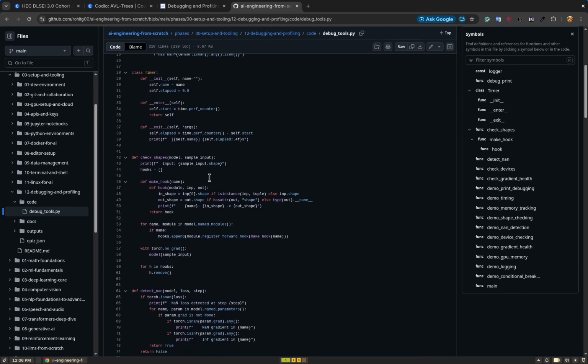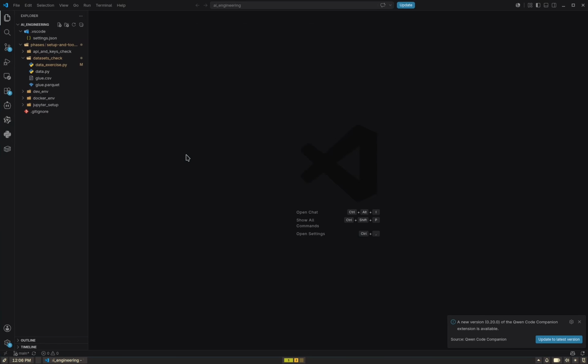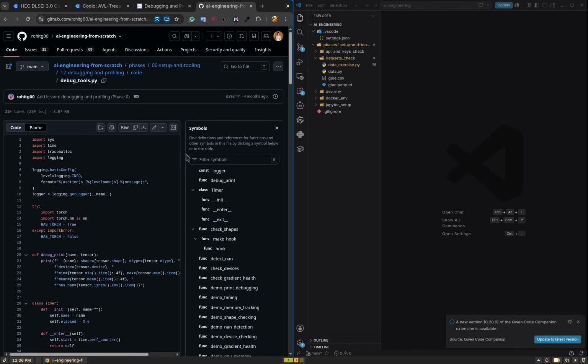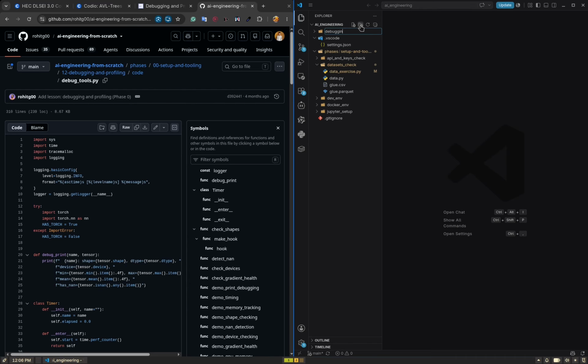Oh, no, this is a lot. Well, import time, etc. So let's start writing it. Alright, let's see. I am going to create a new folder here called debugging, inside of this. Great. Now inside it, I need to create a debug_tools.py,